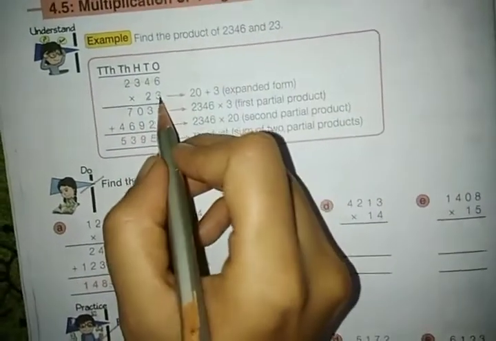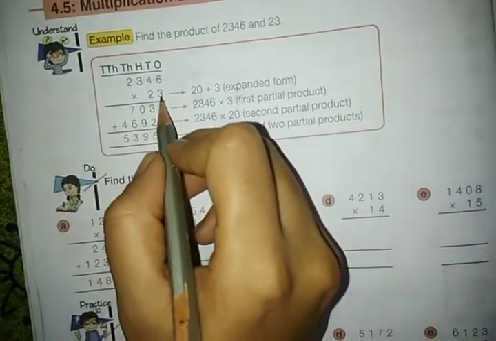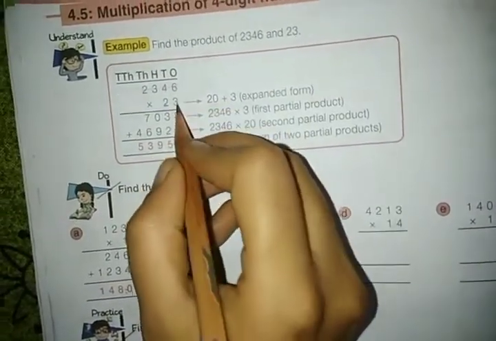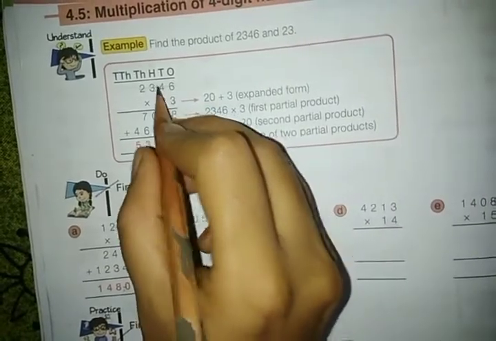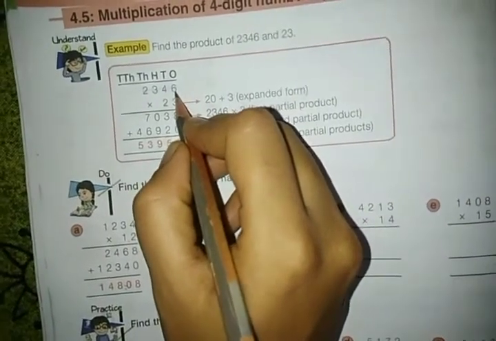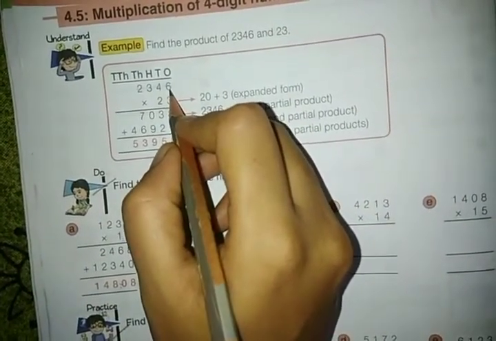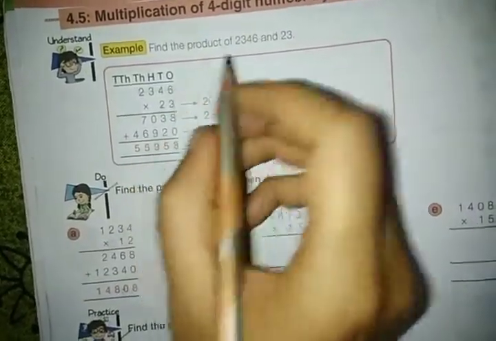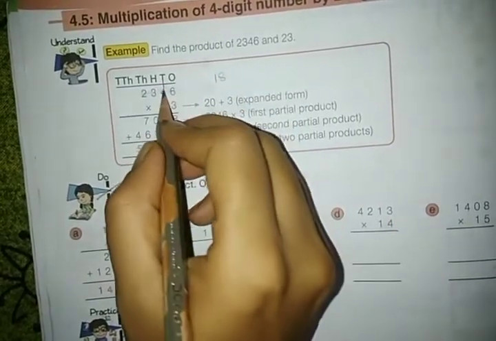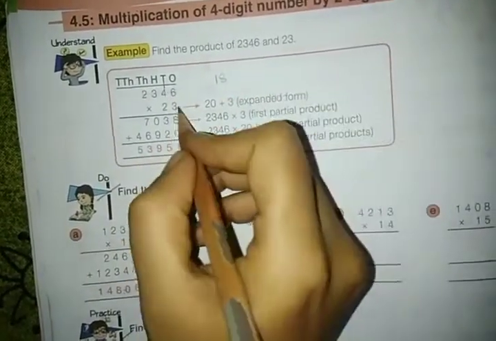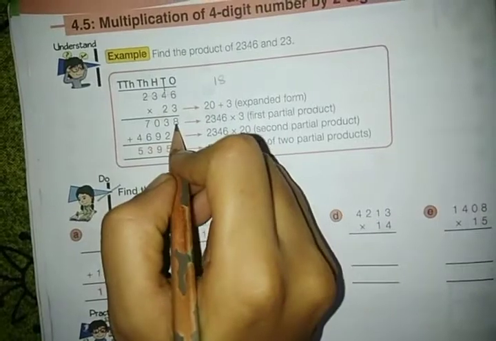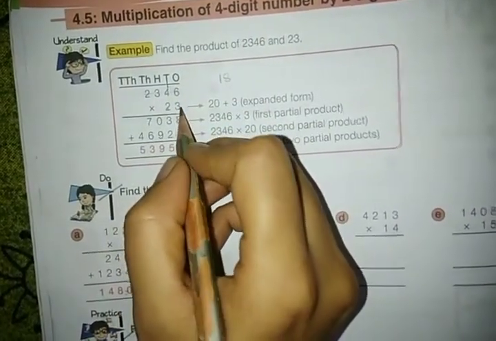Let's see now. The first number, which is in tens place in the multiplier, is 3. Now 3 with the 6 first we have to multiply, then 3 with the 4, then 3 with the 3, 3 with the 2. See here, 3 6s are 18. 18 we can't write directly. 8 we have to write down here, and the 1 we have to give as a carryover for the next number. Okay, 3 6s are 18. 1 we should give as carryover for the 4, and 8 we should write here.